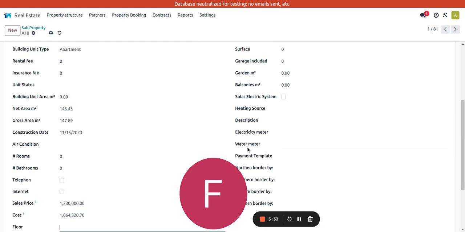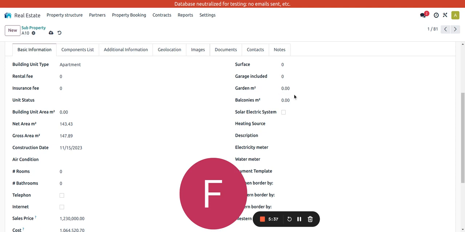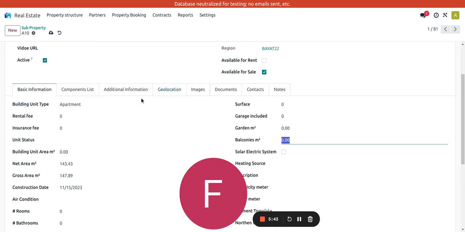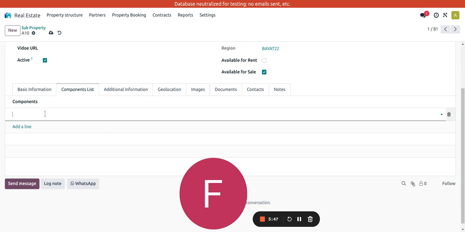the electricity meter and water meter, if the garage is included, if it has a garden, what's the area of this garden, if it has balconies. Okay, and here the components. If it's furnished, you can add here like bedroom,